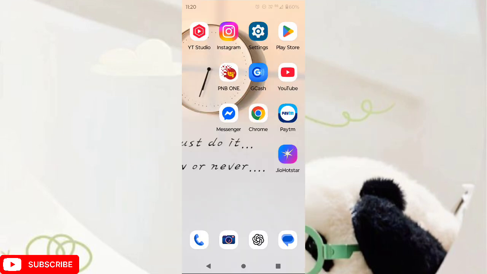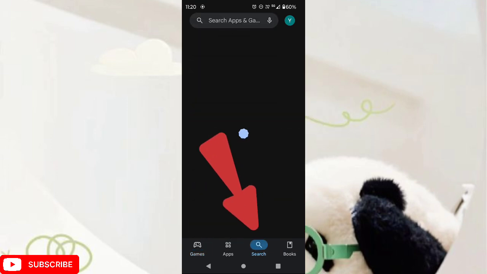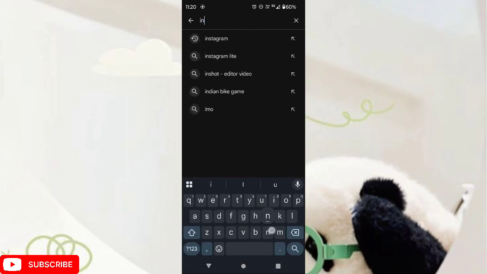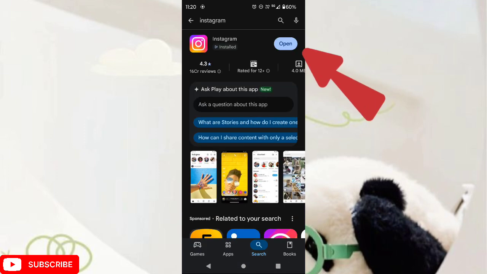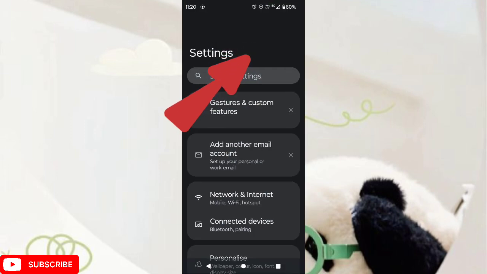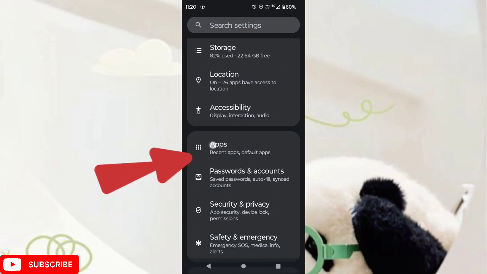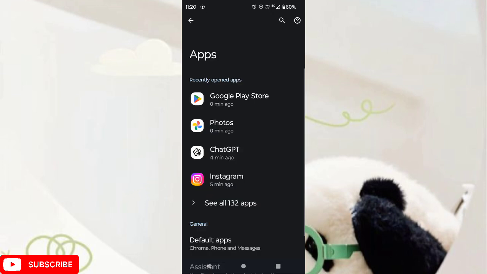For this, open the Play Store app. Now at the bottom, tap on the search icon and search for Instagram. Now update it if not, and after this go back to the home page and open the settings app. Now scroll down and click on the apps option. Now click on Instagram,